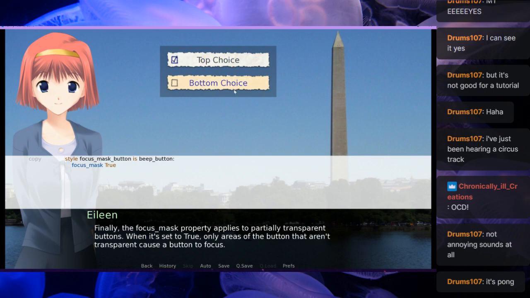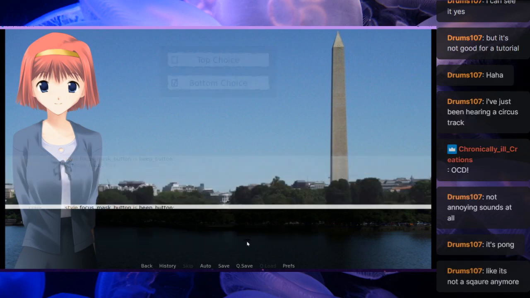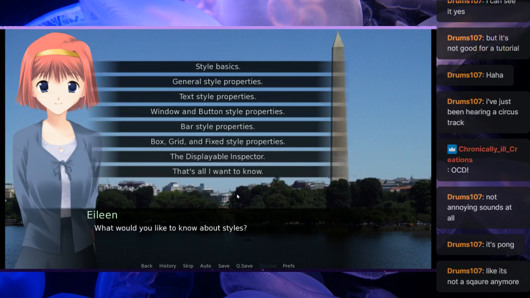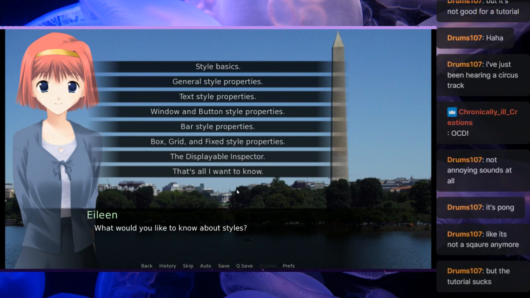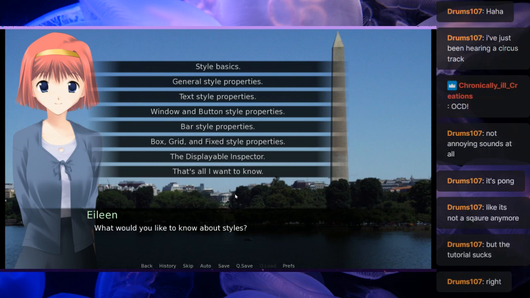That didn't seem to do anything, so I don't know what it's trying to tell me with that. It's not a square anymore. Yeah, but it was still working like a square. I was clicking empty spaces and it was still selecting the button.